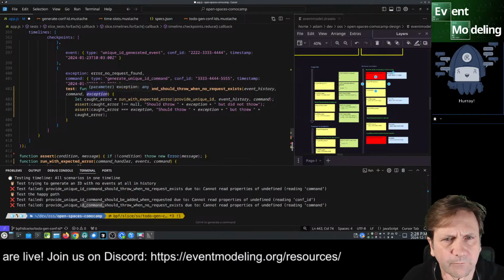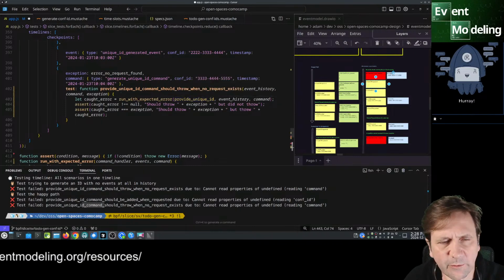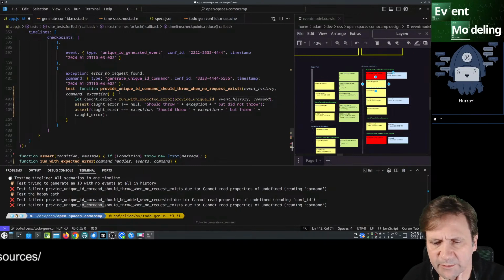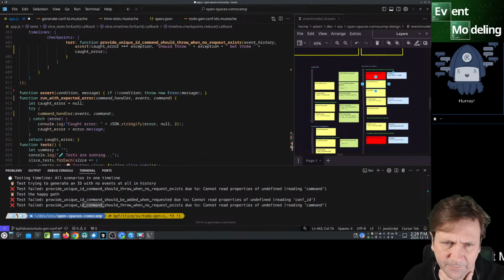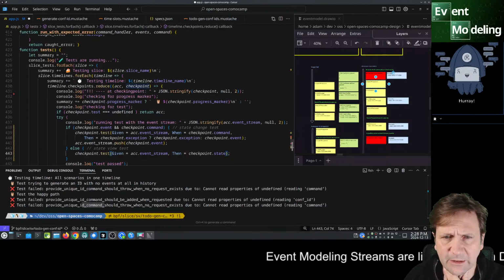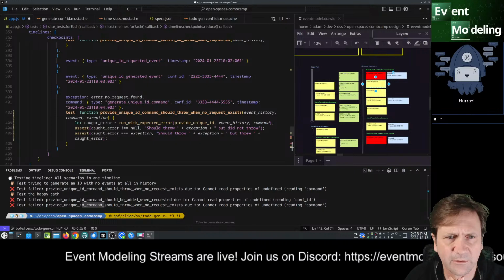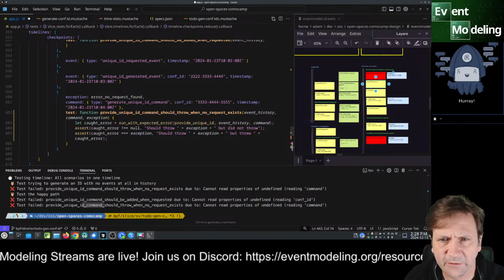I don't want to get too far in the weeds of a specific syntax. I mean, we're already kind of bending some of these things that JavaScript provides, like naming these parameters. So, you know, we can do given